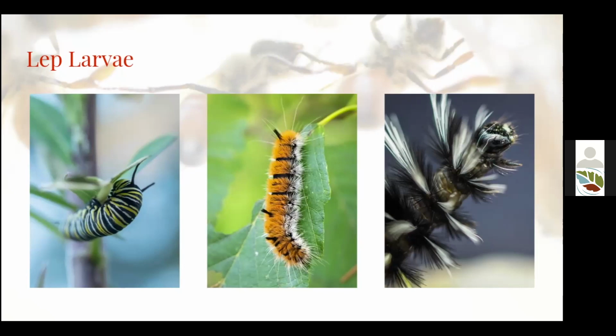Once they're at their full size, they'll spin a cocoon and pupate in the field and then emerge as a butterfly when their complete metamorphosis has been completed. Often caterpillars have to come up with different defense mechanisms. They can't fly away. They're just this big fatty snack that's apparent and easy for things like birds and other predators to find and access.